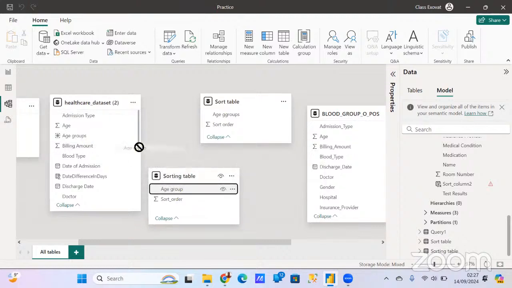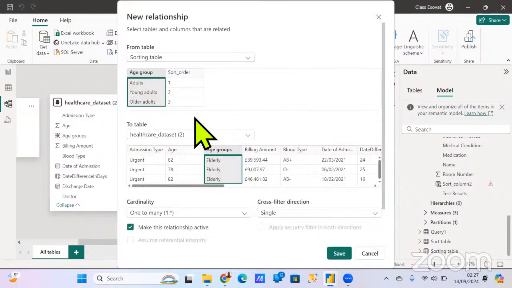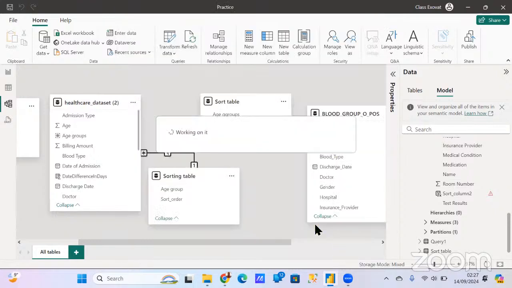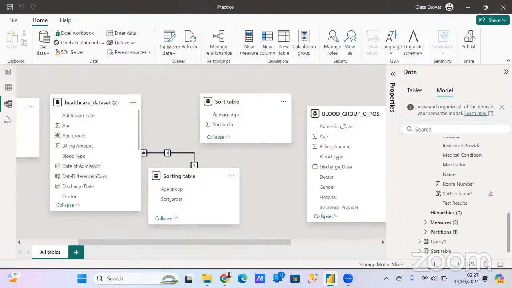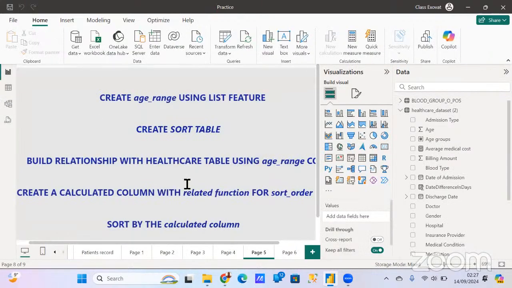So age group, that's what I want. Want to make a relationship, of course. I'll click save. So once that relationship is established, I'll go to the front and I will create a calculated